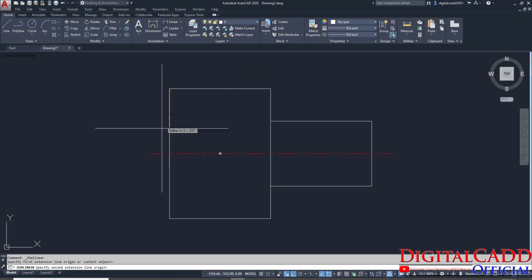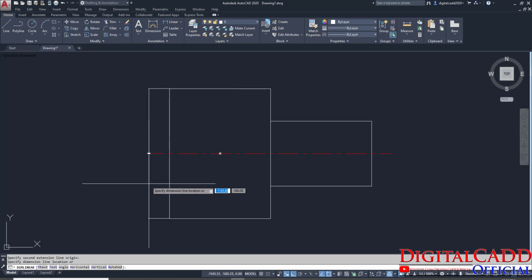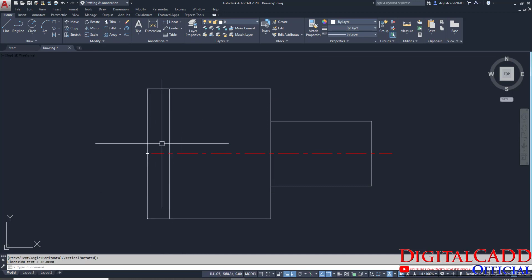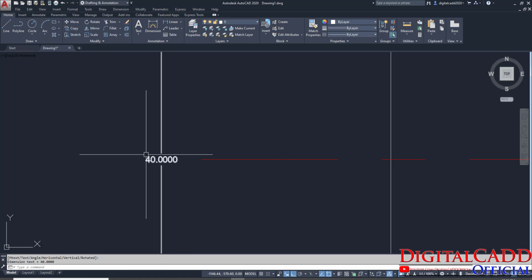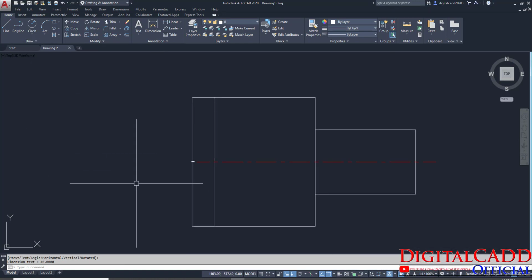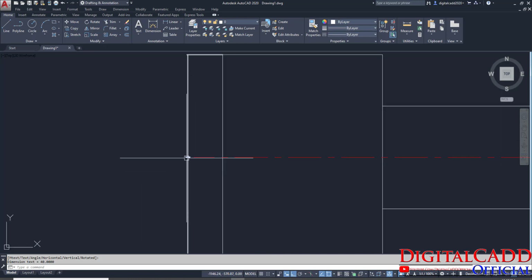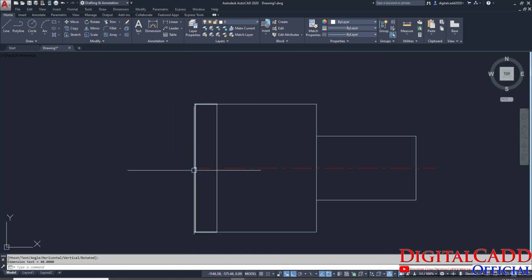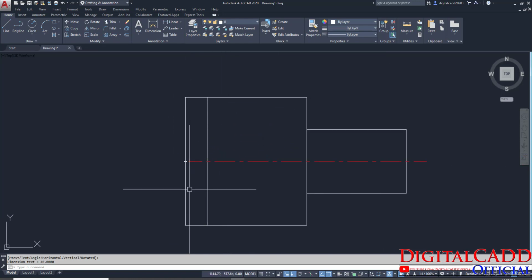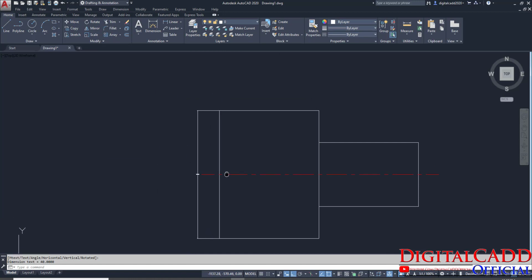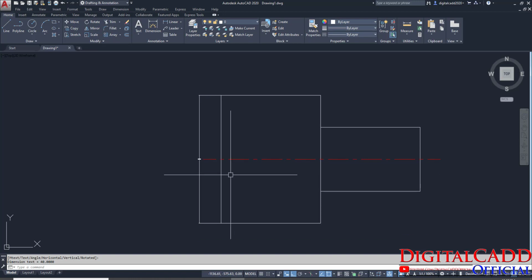Just click this point and the location. So we can't see the exact dimension of this applied one. How could we change the scale of these dimensions so that we can easily see what dimension is applied here?